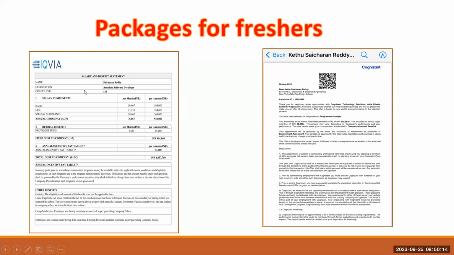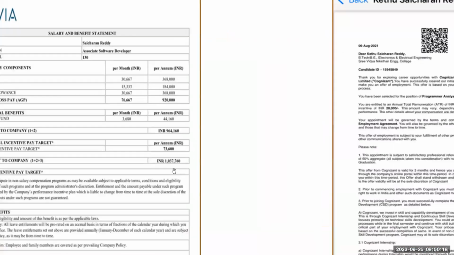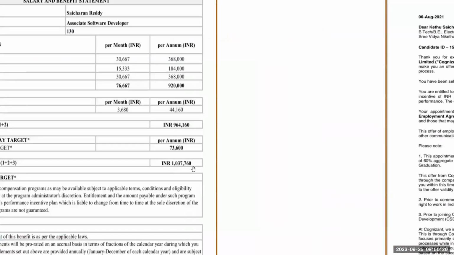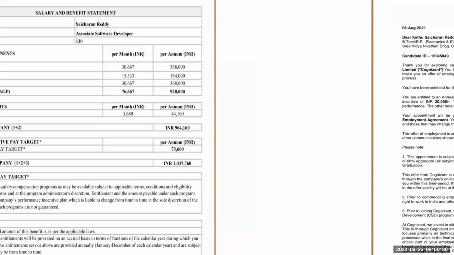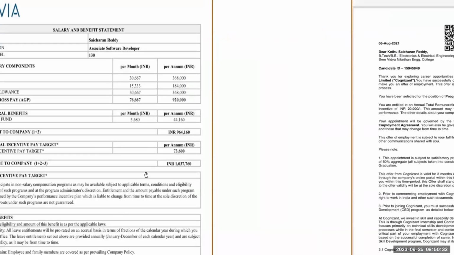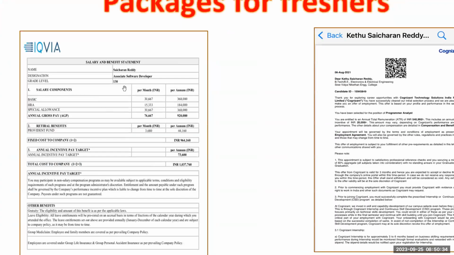In this IQVIA company, they offered a fresher 10,37,760 rupees. Why? Because this is a product-based company, they will give more packages. And moreover, it completely depends on the interview as well. The same candidate got one more offer. You can see, same name, Sai Charan.